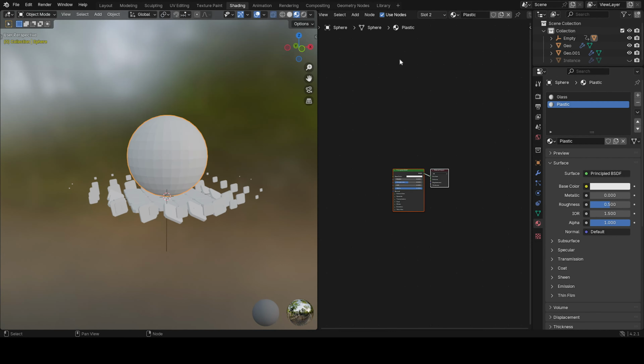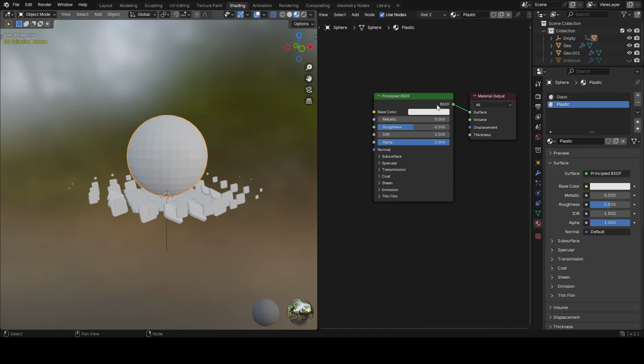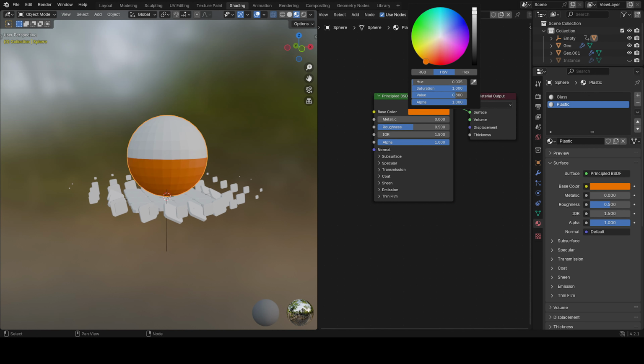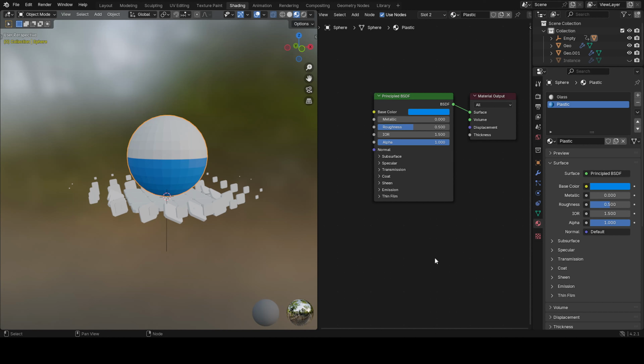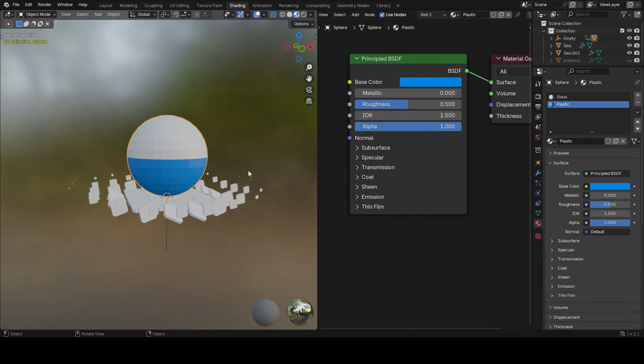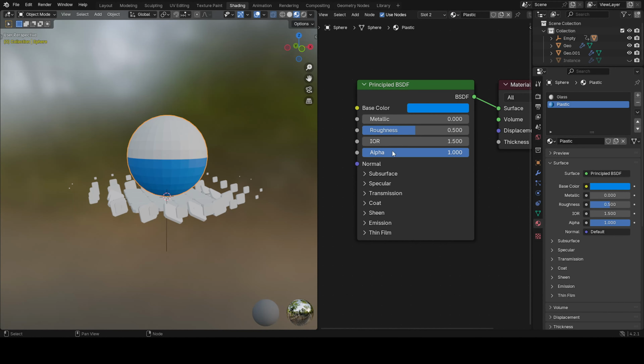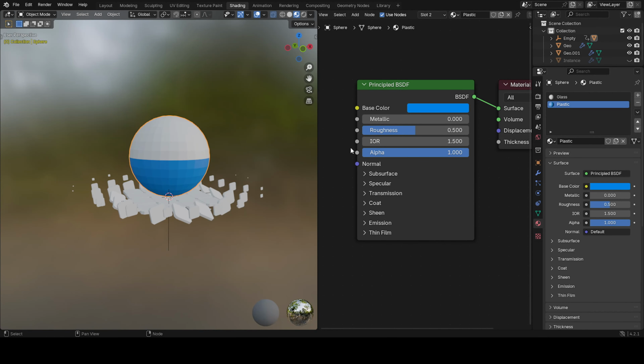So you won't see any difference right now, but if we go to the plastic material, we can come over here and select whatever color you want. So I'm going to put a blue, and then as you can see, it just applied this on that half of the material. So you can mess around with this material. In my picture, I'm going to show exactly what I did, but on the glass, just put the transmission up,